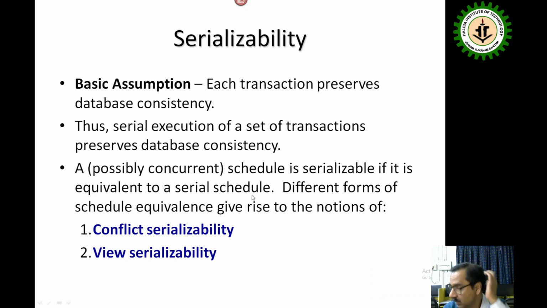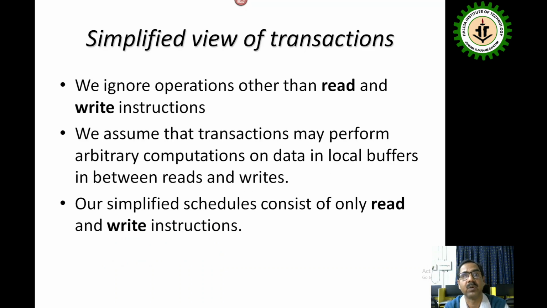So that's why now the question is how we can prove which non-serial schedule is equivalent to some serial schedule and which is not. So there are two forms of schedule equivalence. One is conflict serializable, another is view serializable. So before going to discuss conflict serializable,